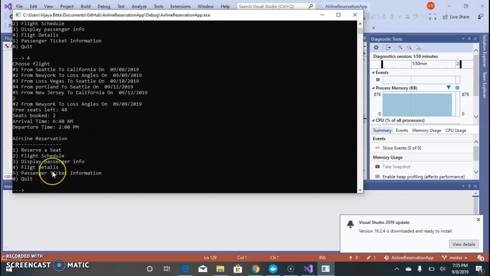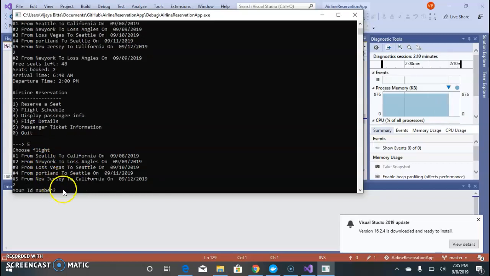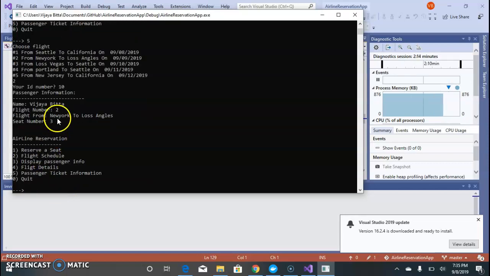And from the menu, the fifth one is passenger ticket information. It asks us to choose the flight again, and then to choose the passenger ID. I'm choosing 10. Then it displays the particular passenger's ticket information: name, flight number, flight from New York to Los